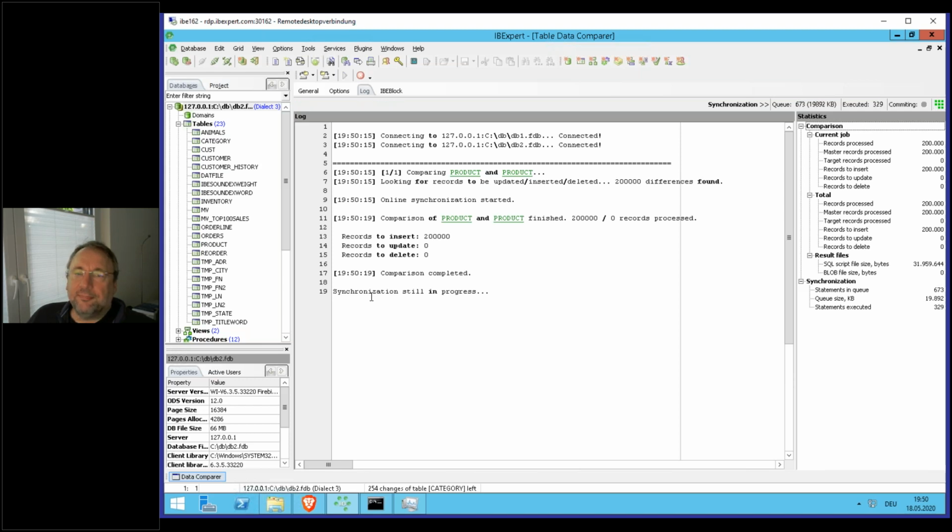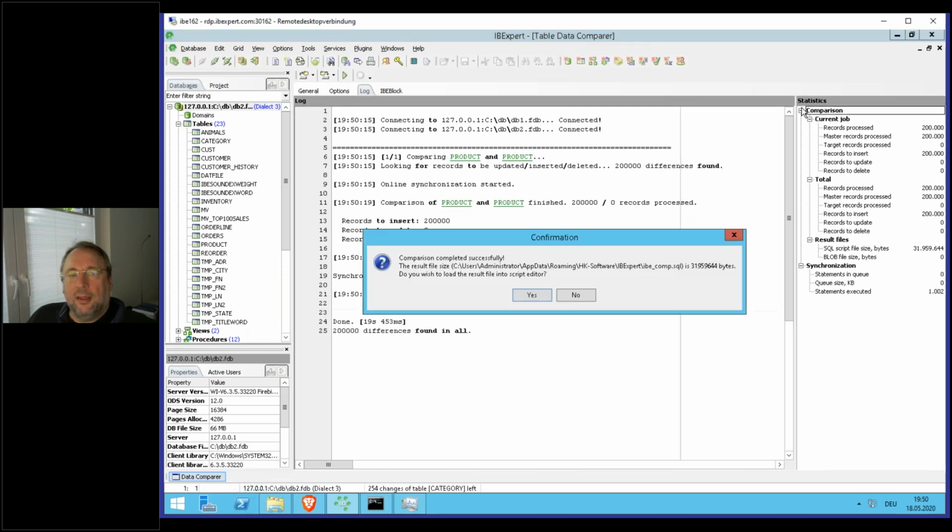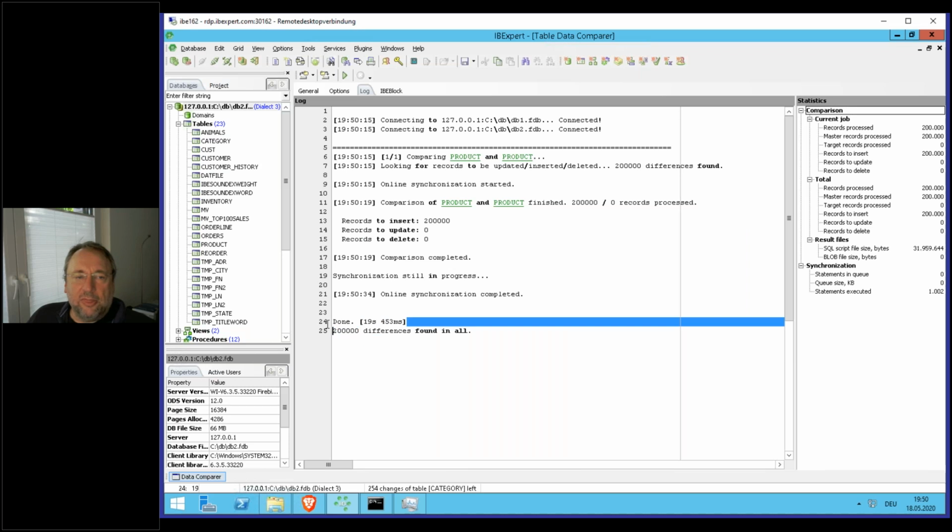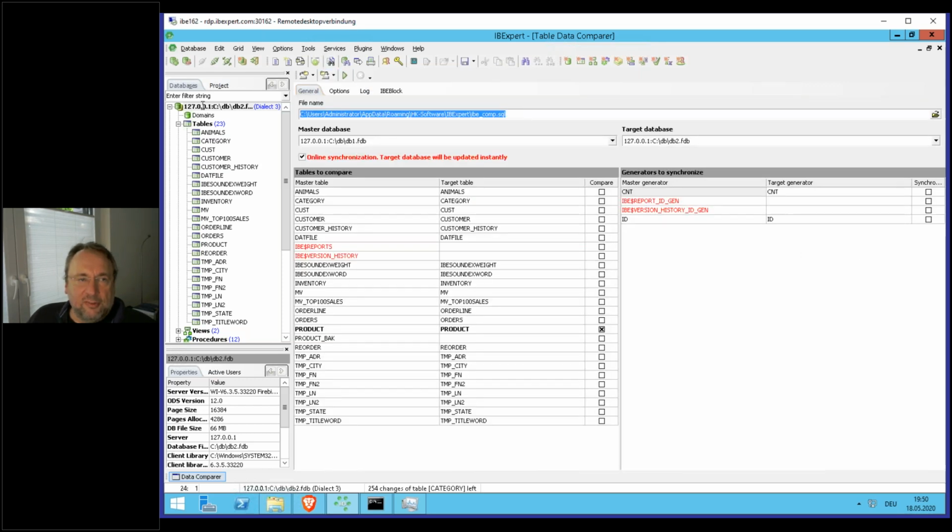Synchronization is still in process. And you see here on top how many blocks were already executed and how many are still to be executed. Without the blocks, it took around 40 seconds. With blocks, it took around 20 seconds. So it's almost twice as fast. And when we have a look at that result file,